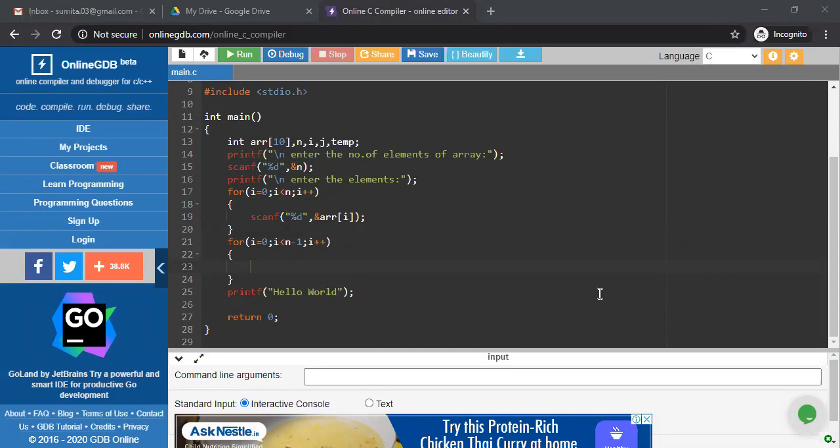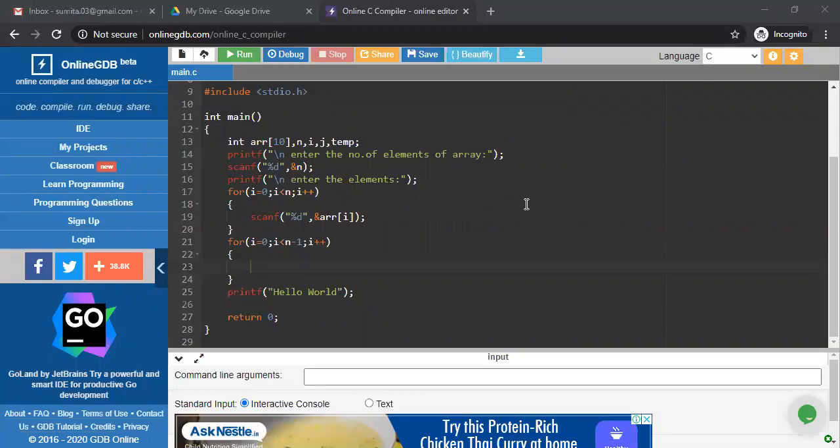Similarly, suppose I am taking the n value as 8 here. For 8 elements, it is very obvious that if we organize 7 elements in ascending order, then the 8th element is automatically put in its particular location in your array. So for the passes, we require 7 passes if my n is equal to 8. Please remember that. How many passes you require totally depends on the n.